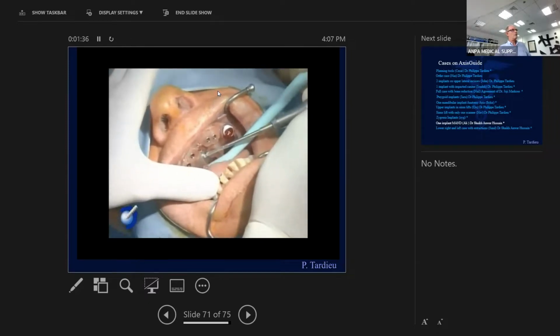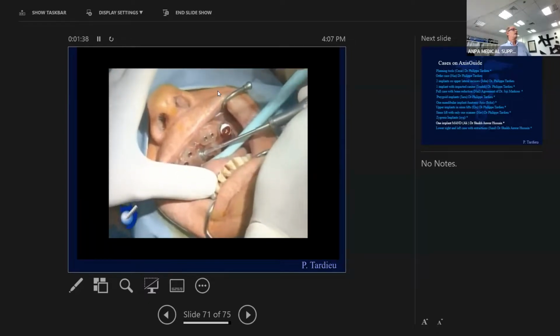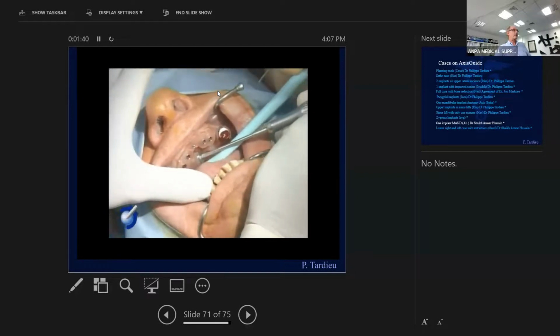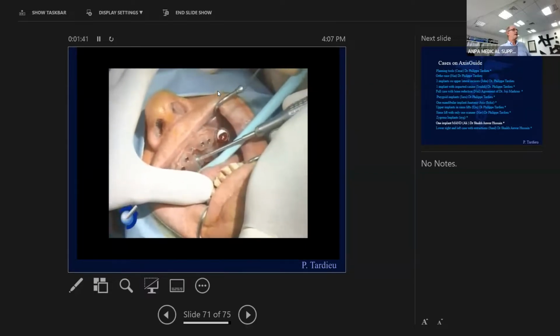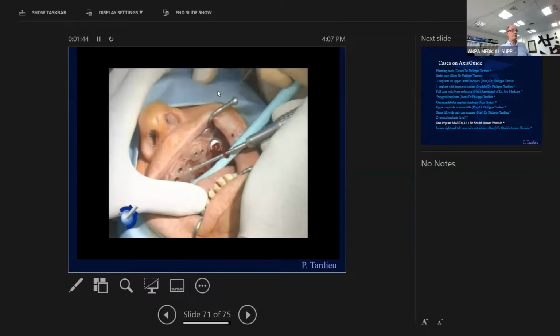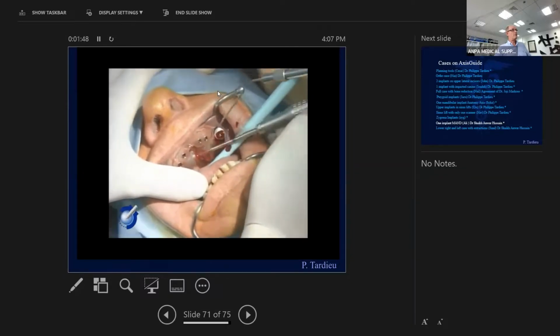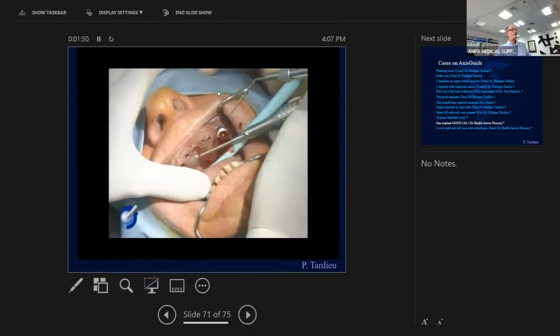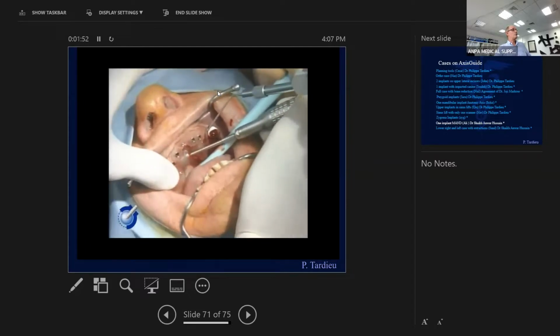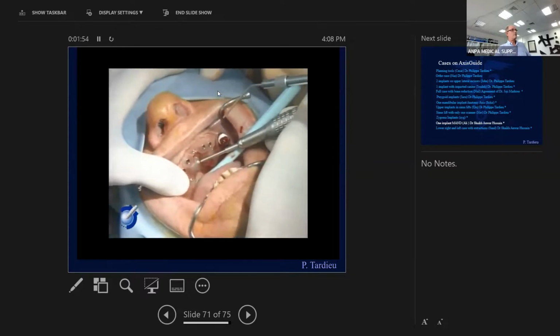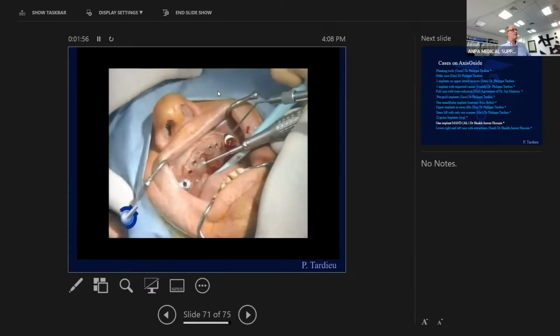So I'm drilling through the mucosa. I am drilling then through the palatal bone, and then I am empty. I am in the sinus, and my right finger is going to move to the Zygoma eminence,